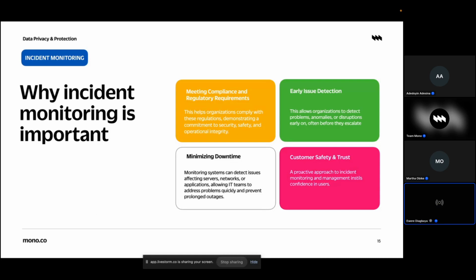One of the importance of incident monitoring is that it helps you to meet compliance and regulatory requirements. Now, if you are trying to perform some kind of regulatory compliance and approval for things like ISO, you will definitely be asked for your incident management framework, because your incident management framework explains something around what we call BCMS, Business Continuity Management System. It explains that when your business has a problem, how do you recover? What are the steps you take to recover from that?